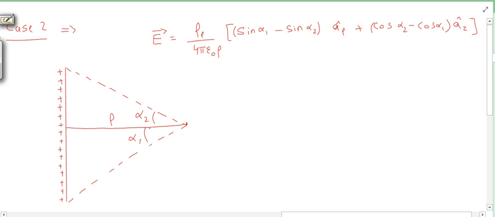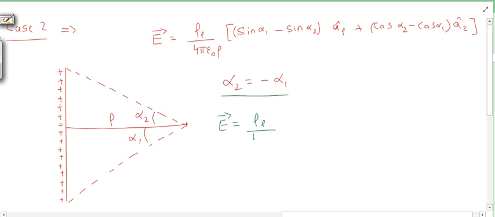Alpha 1 will be equal to alpha 2, but the sign will vary because alpha 2 is on the upside, so I can say alpha 2 will be minus of alpha 1. So if I put this in this formula which I have derived earlier,